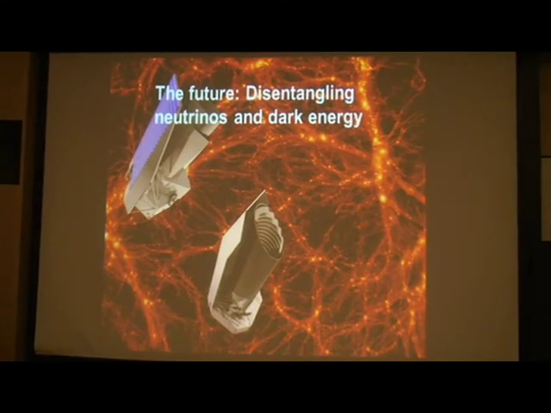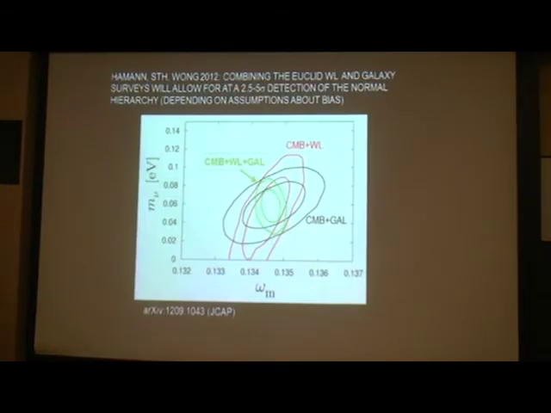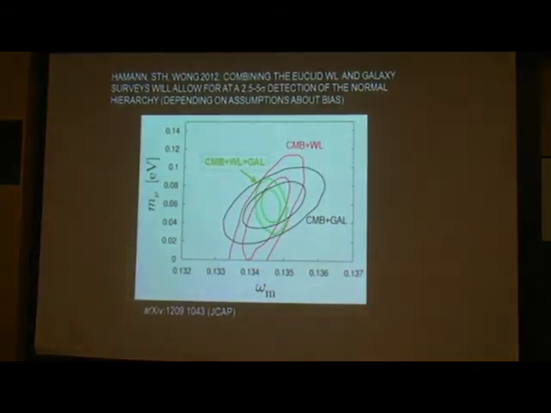Okay, so then I have a few minutes left, and I wanted to spend that on something completely different, and something that is perhaps even more relevant to dark energy. And that is how we can understand the differences between the effect of dark energy and neutrinos on structure formation. So we know that, for example, Euclid, and this is true also for the LSST, will give us